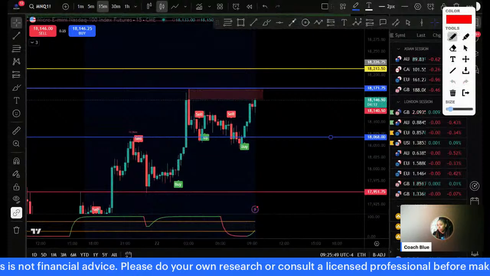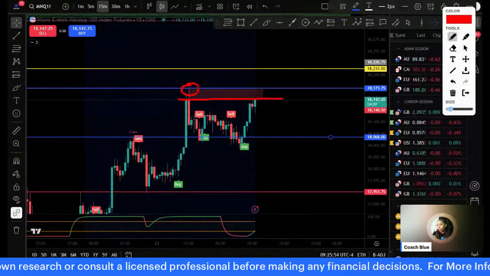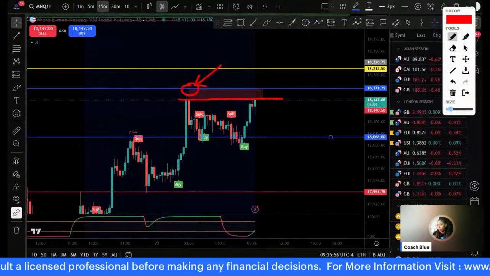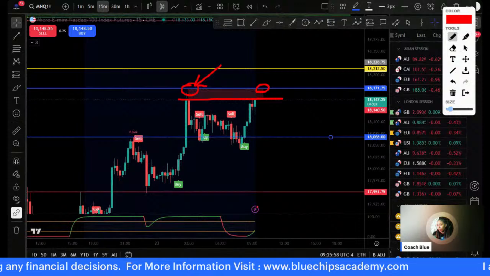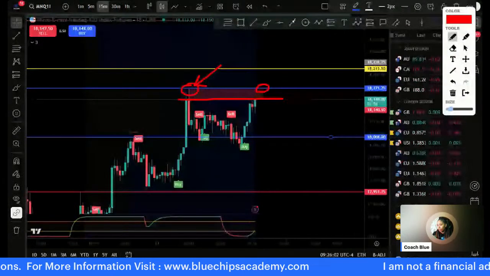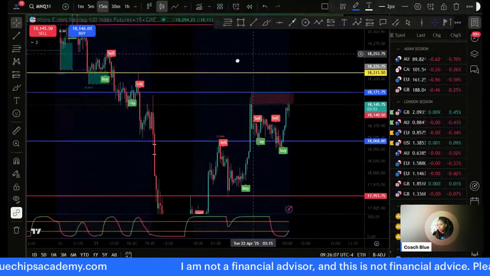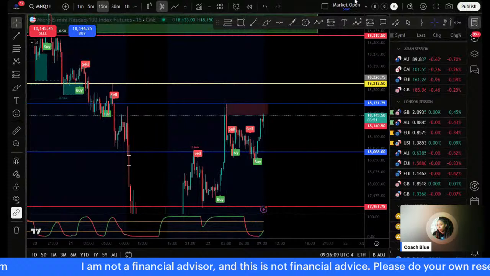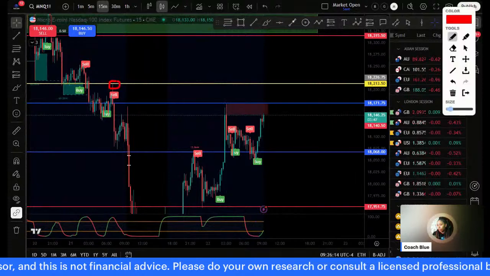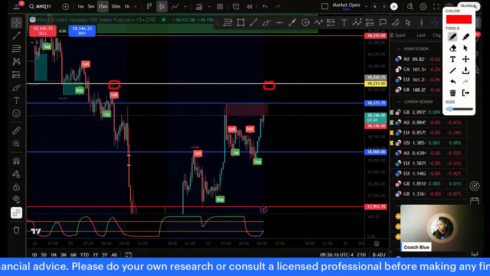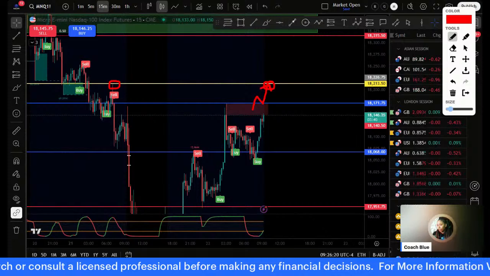Of course, we see some resistance here, but my level is right here with this wick. I have to respect this wick because there was some rejection here. When we get to this level, we are going to see if there's a BPC, but there's a tight area here that we have to be conscious of, because if we look to the left, there was rejection here. So if we get a BPC, we have to be conscious of that because that's where price rejected in the